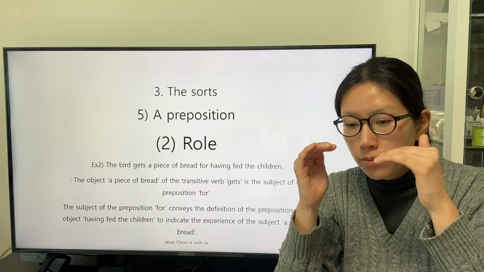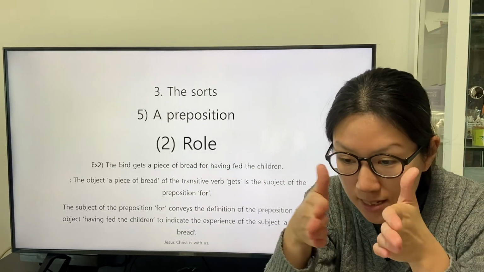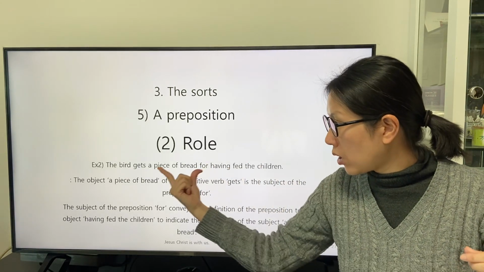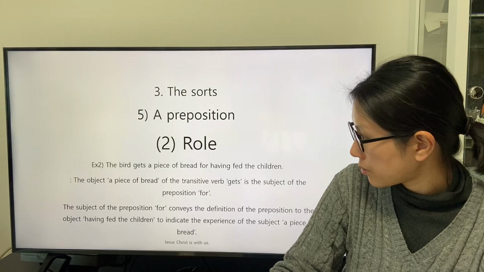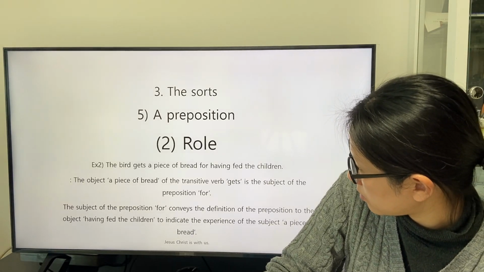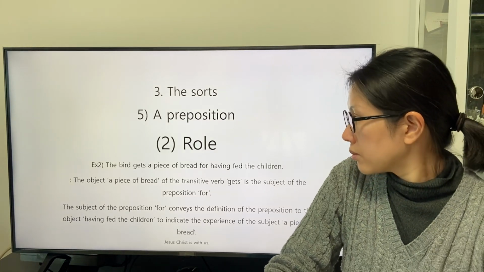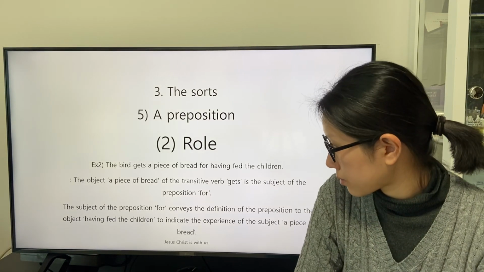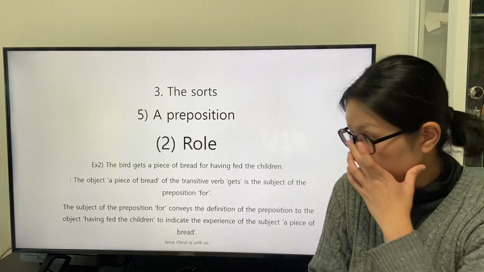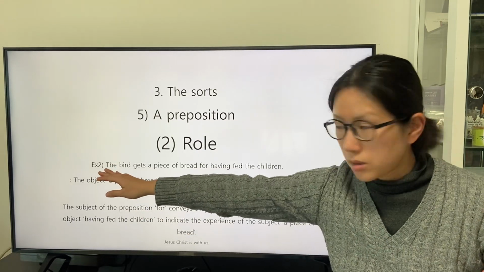During the subject of the preposition exists, the subject,